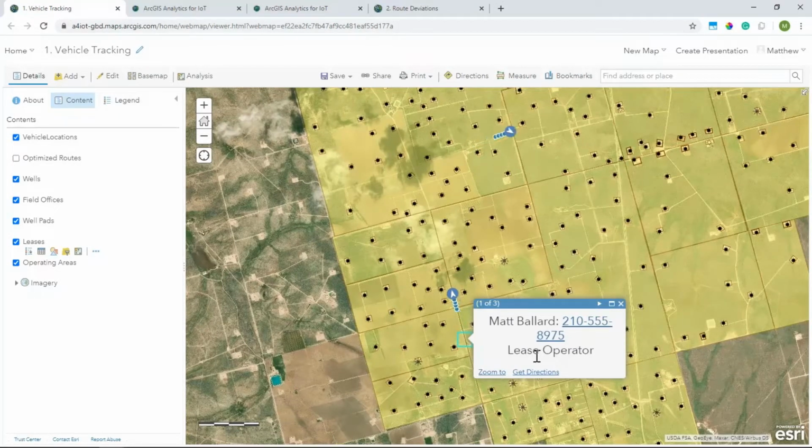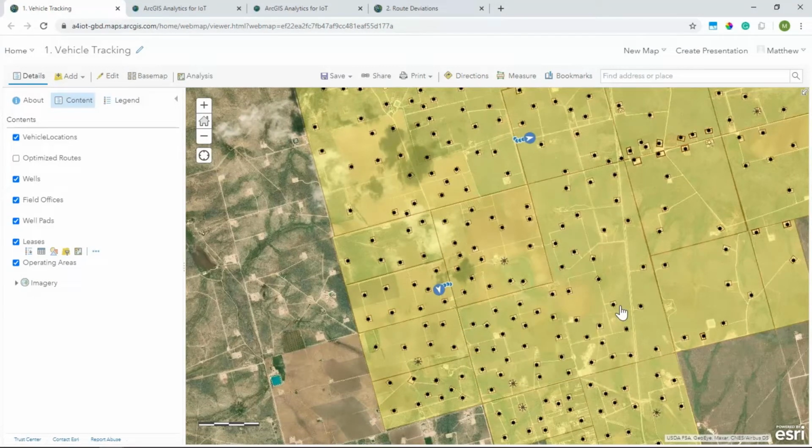But the true value of analytics for IoT is in the analysis capabilities. I have this data that we've brought into ArcGIS, but what do we actually do with it now? How do we derive insights from the data and display that then in a map? So to go beyond just viewing these feeds like I just showed, this can be a really big challenge, especially when dealing with these large volumes and high velocity data, such as these vehicle tracks. So to make use of that data, what we can use is real-time analytics tools in ArcGIS Analytics for IoT.